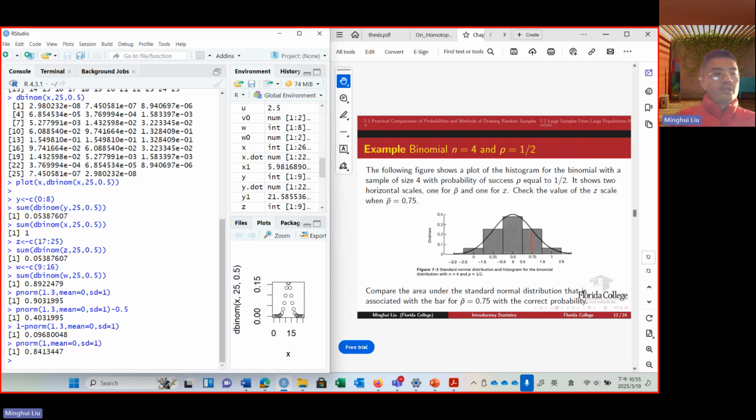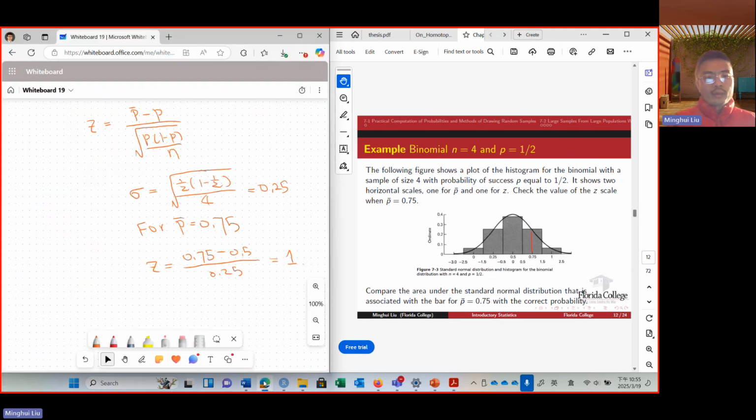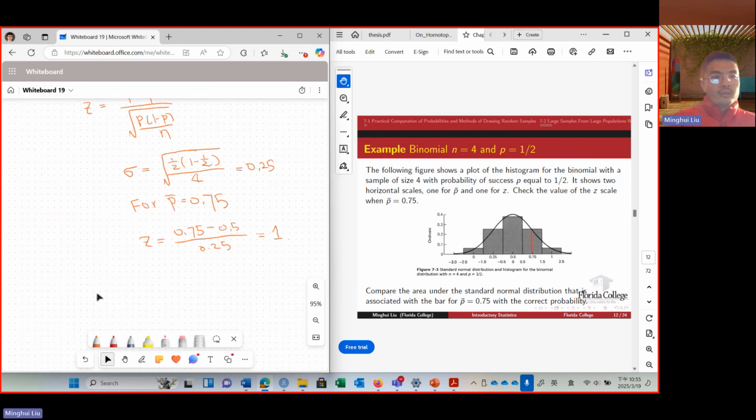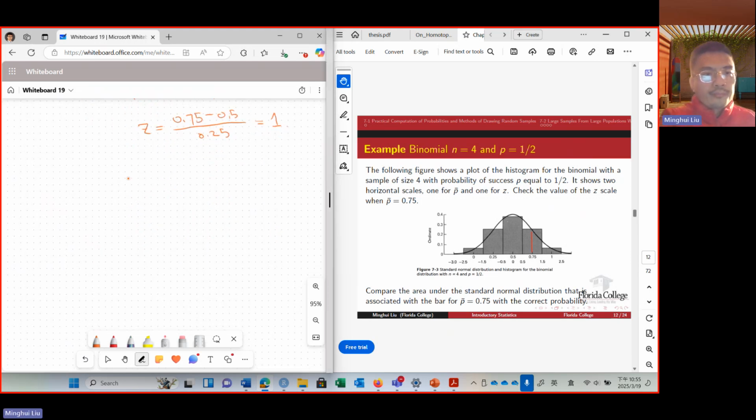So here, this is 0.841. So here, the area under the curve, let me go back to my whiteboard. And so here, the area of this shape under the curve, and here is